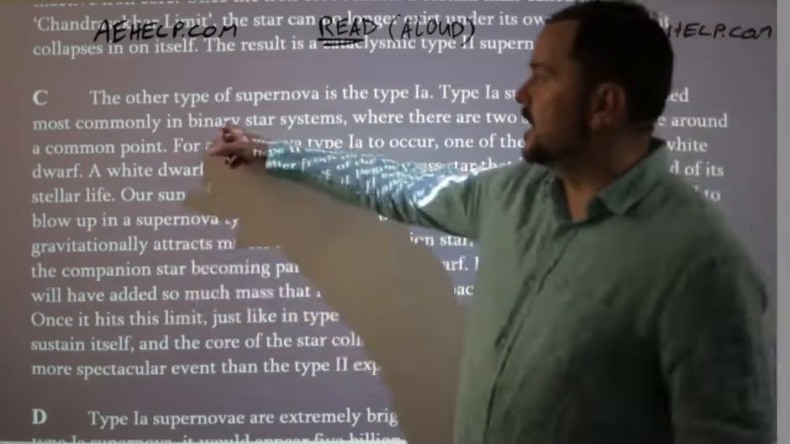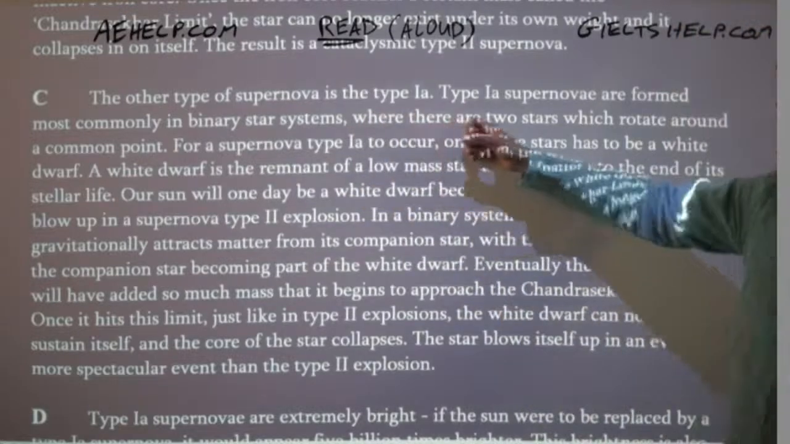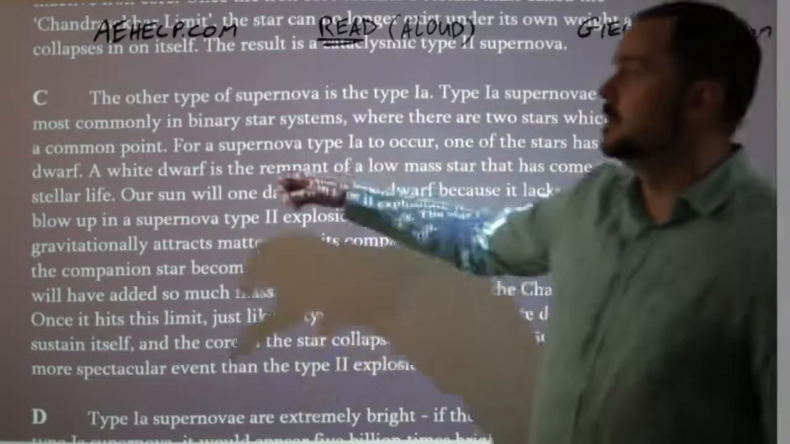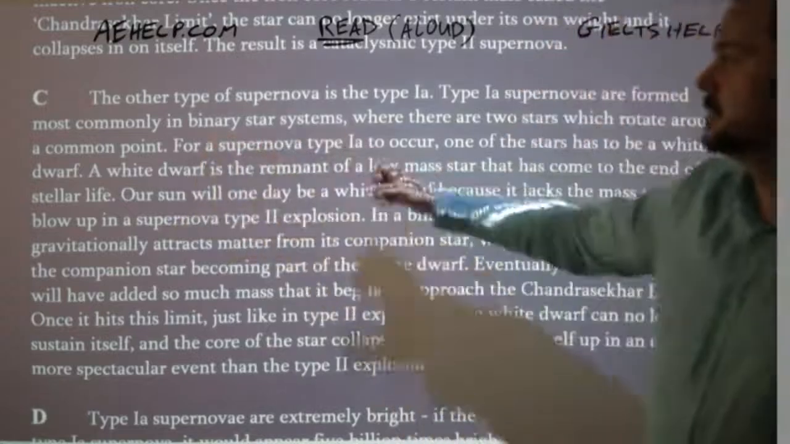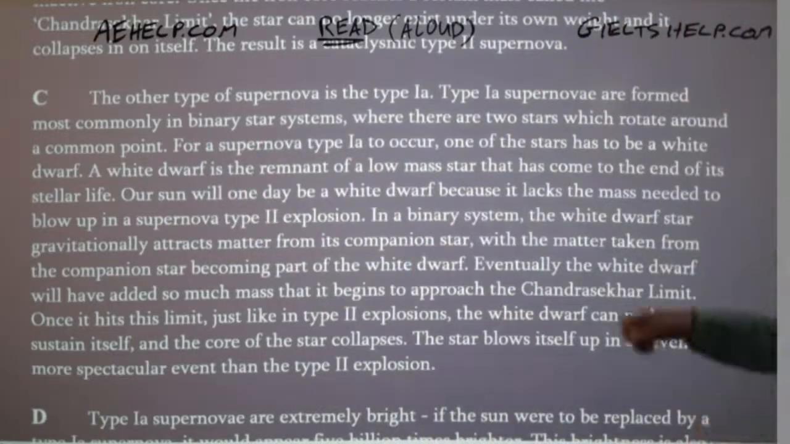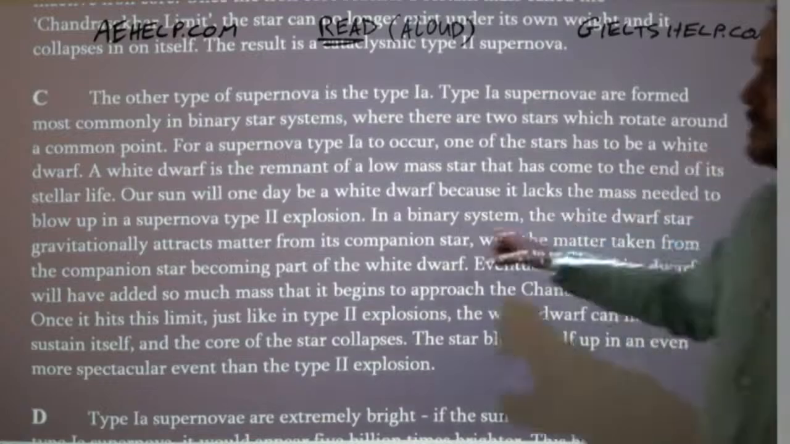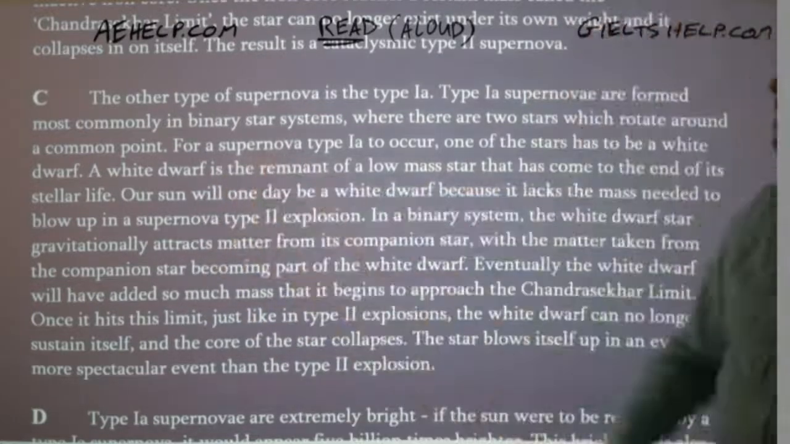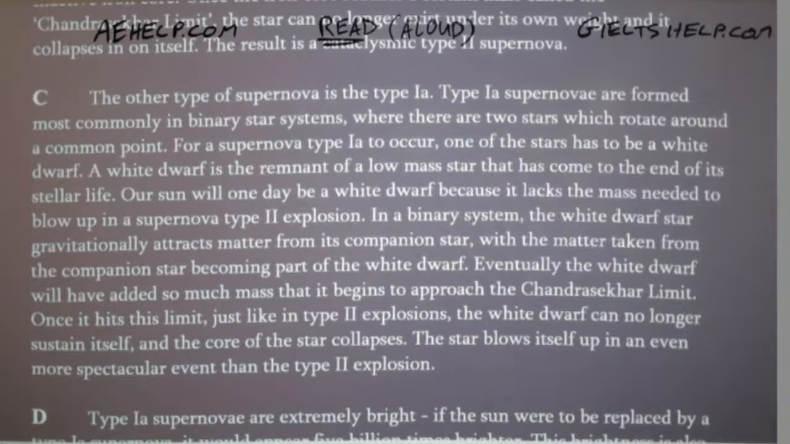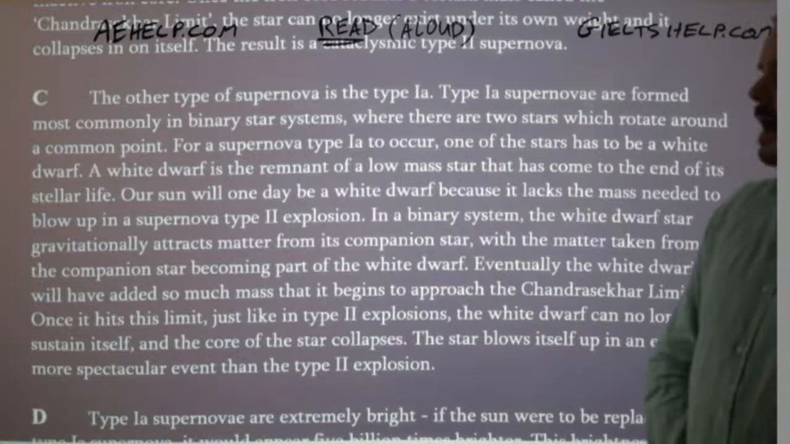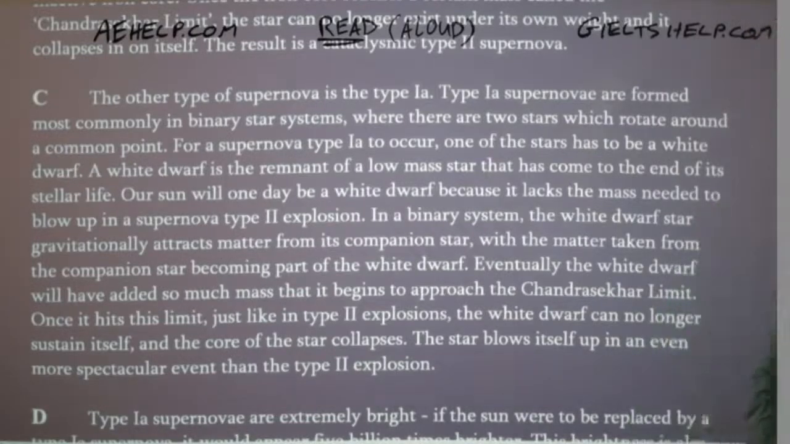All right, the other type of supernova is the type 1a. Type 1a supernova are formed most commonly in binary star systems, where there are two stars which rotate around a common point. For a supernova type 1a to occur, one of the stars has to be a white dwarf. A white dwarf is the remnant of a low-mass star that has come to the end of its stellar life. Our sun will one day be a white dwarf because it lacks the mass needed to blow up in a